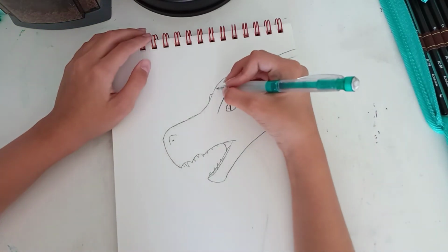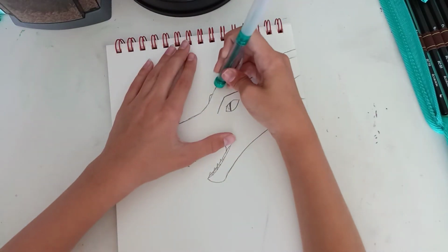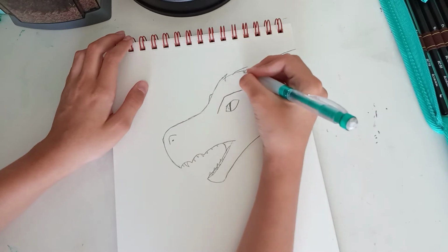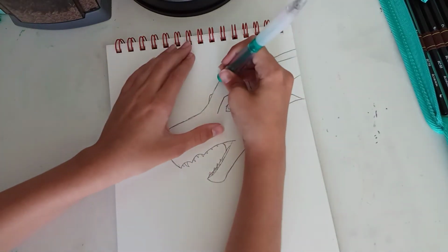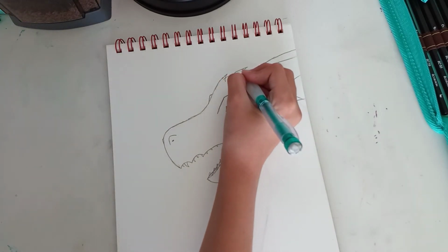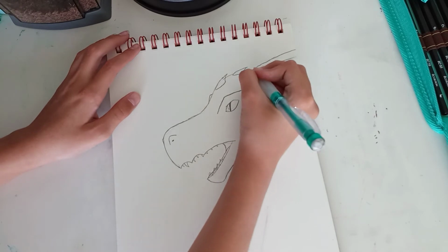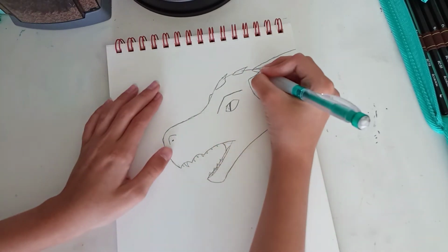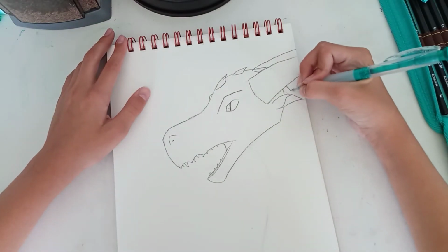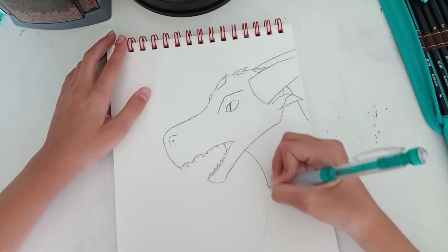And now we're going to add a few spikes to our dragon. That way they look even scarier because they're supposed to be a scary roaring dragon. And most reptiles just have spikes anyway to make them look kind of scary, even if they're not sharp. So just add a row of these down the back. It'll make the dragon look, I don't know, more scary, dragon-like, sorta. And